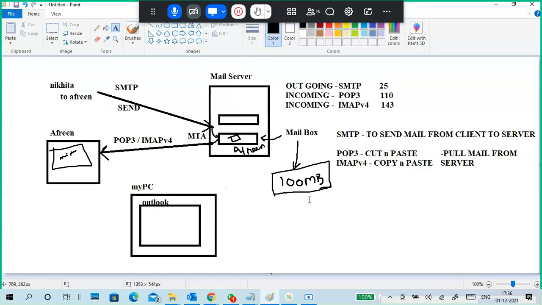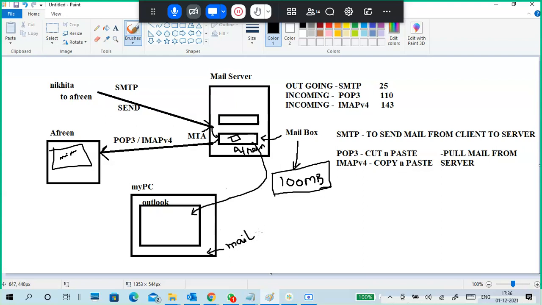Any mail received to this mailbox will directly drop into my mail. When I open Outlook, it pulls all the mails into this application, so I can easily see them. When I use POP3, usually, these mails are stored on my local PC. The mails I receive when I open Outlook come from the mail server,